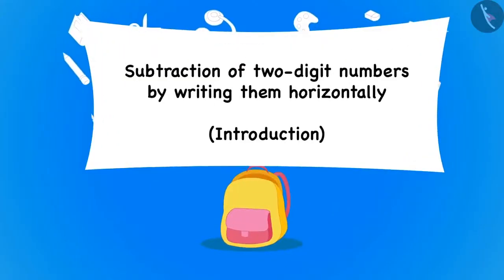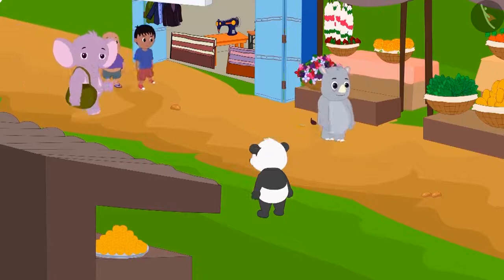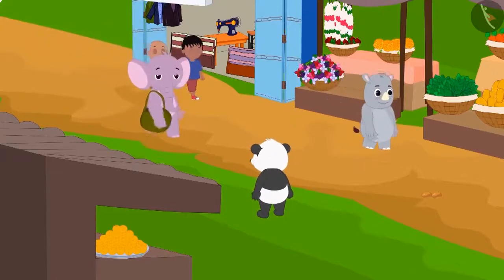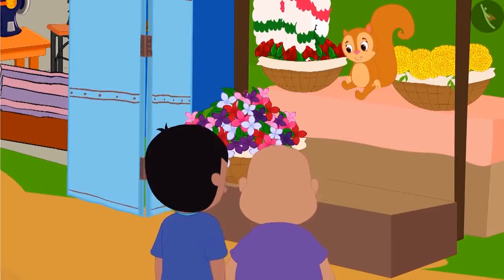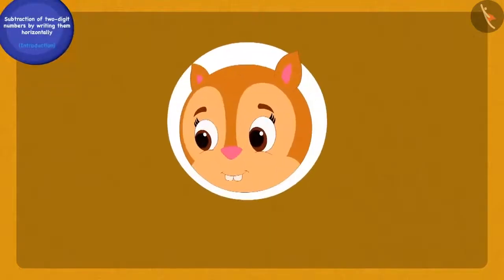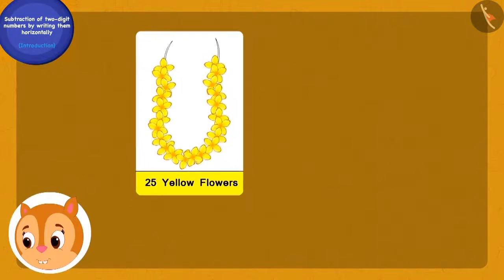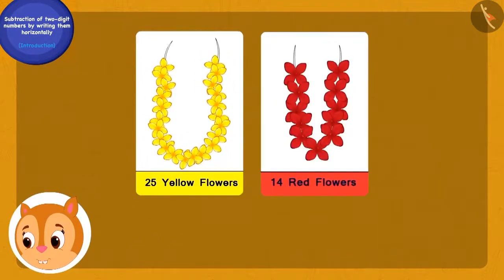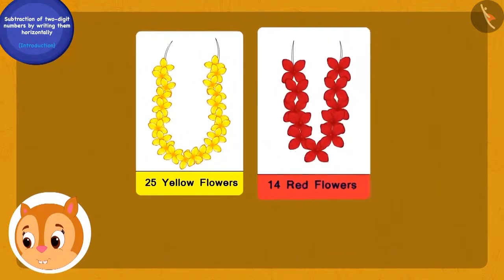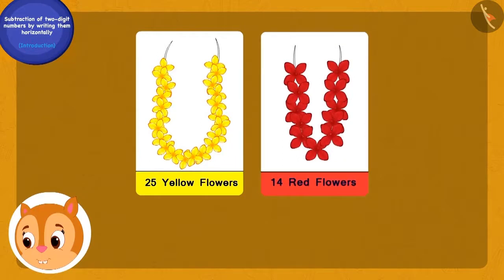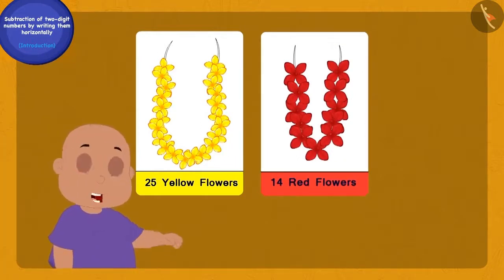We will learn the process of subtraction of two-digit numbers by writing them horizontally. One day, Raju and Bablu went to Chanda's flower shop. One garland of Chanda had 25 yellow flowers and the other garland had 14 red flowers. Bablu asked Raju, "Raju,